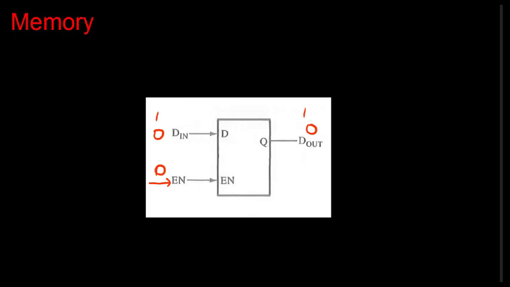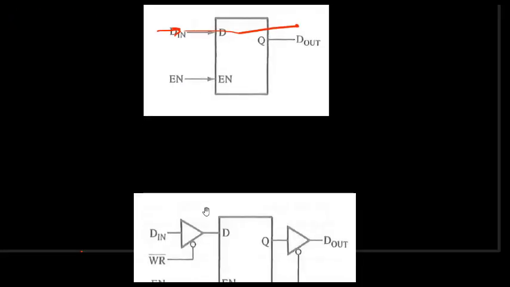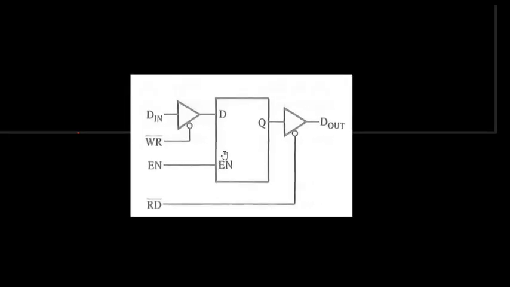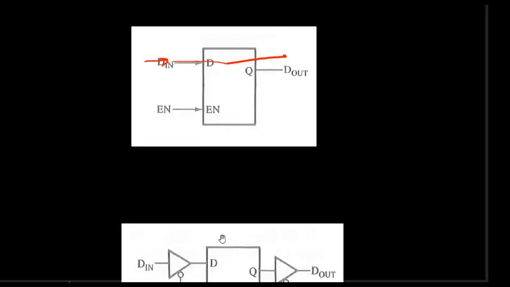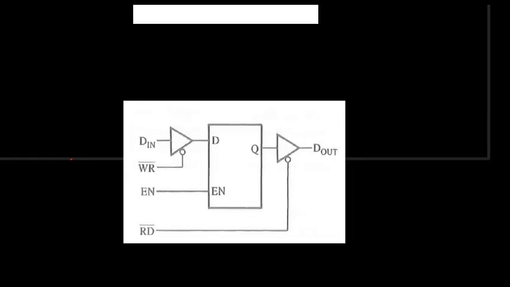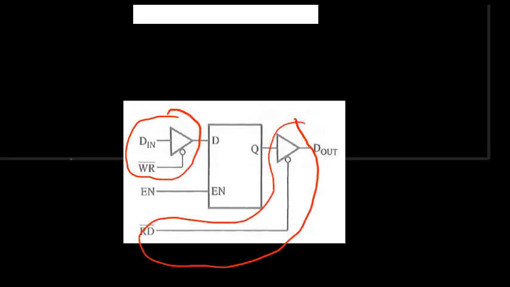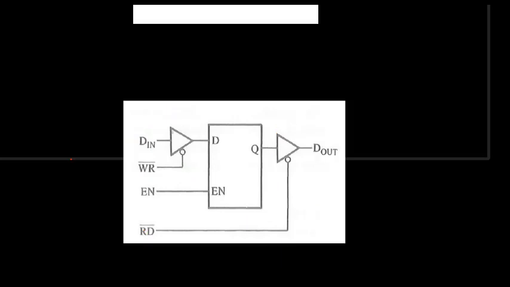Now in this case, we don't have any control over the input and the output. Whatever comes here, as long as it is enabled, goes inside and comes outside. So there is no control over the inputs and the outputs. So what we do is introduce some control here. If we compare these two diagrams, we see some control is introduced in this case. The extra circuitry we have added here, these two circuits. Now what is the function of these two? This particular device is called a buffer.